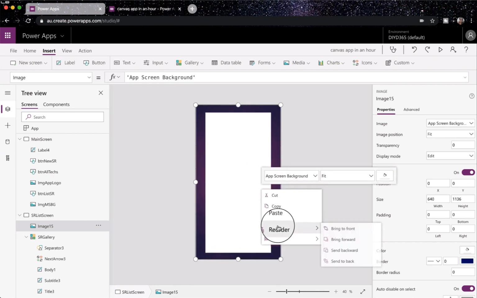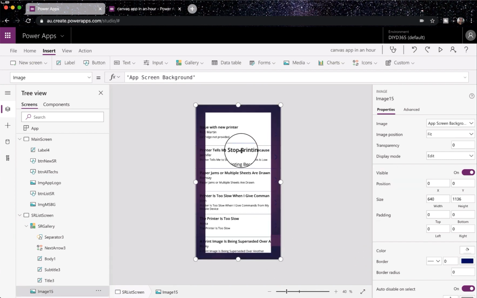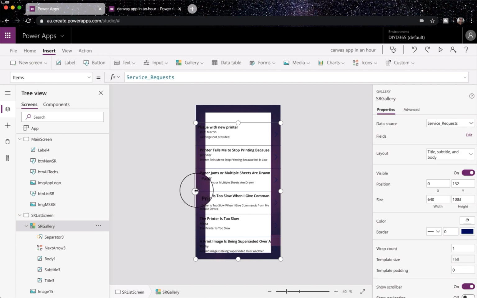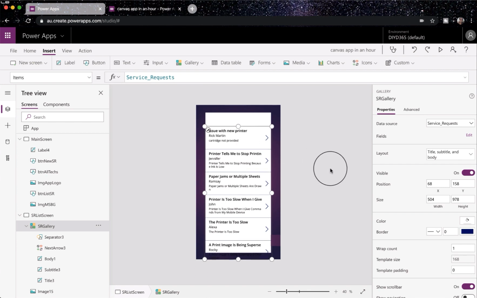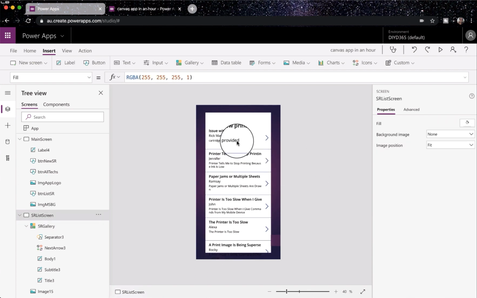And send to back. Right. And we will try to reduce the size so it can fit. And probably like this. Okay. So we have added a gallery. Now,